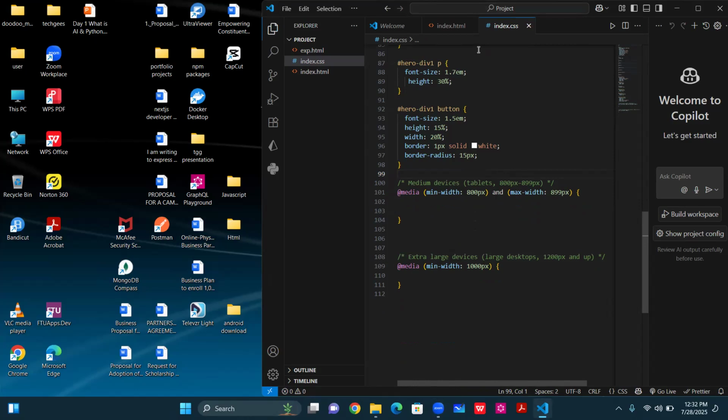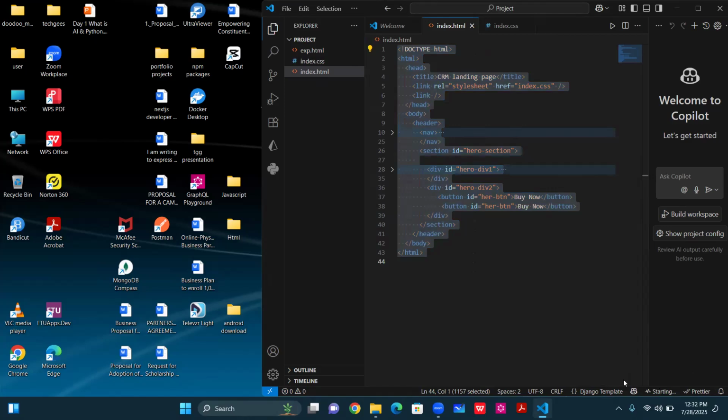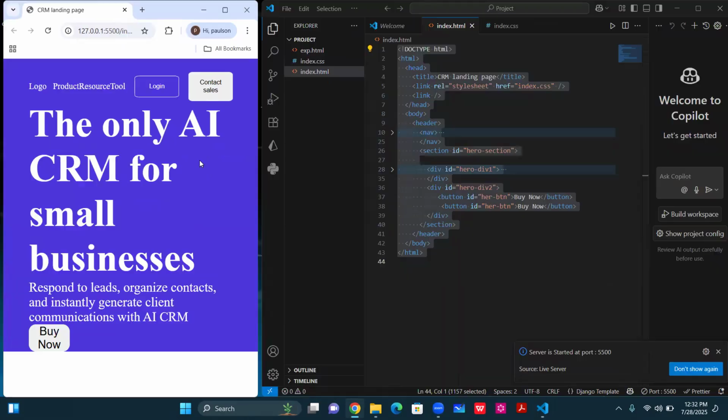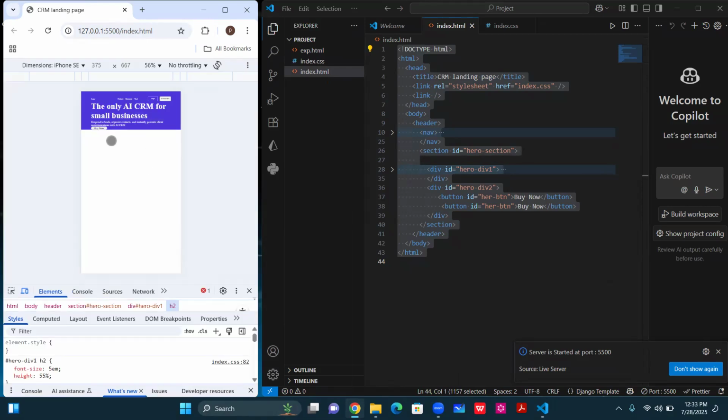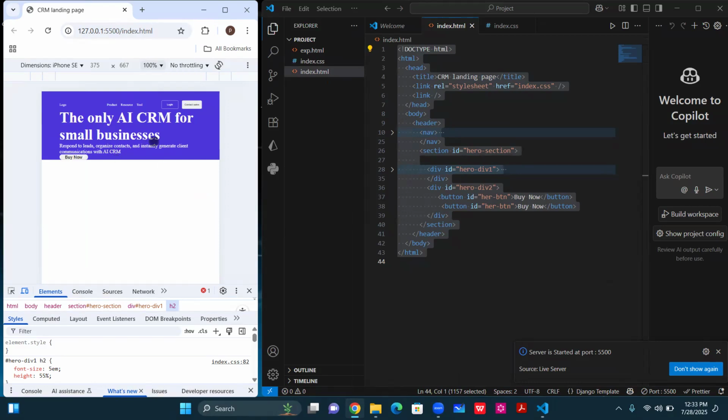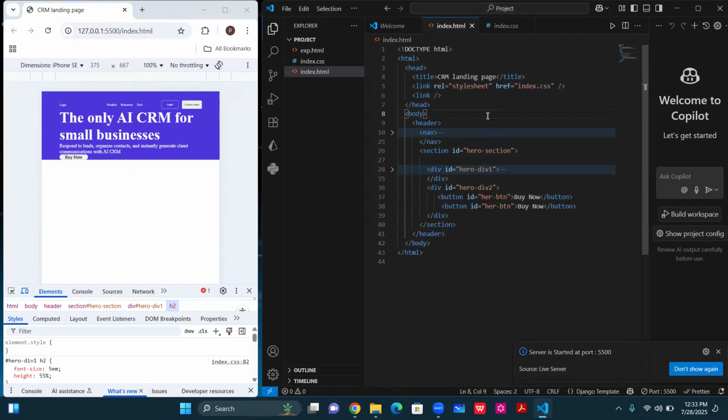All right. So I save, I go back to our HTML page, and then I go live. Remember, we are trying to make things responsive. So this is not looking good now, but let's work on it. Okay, so now you can see that on smaller size devices, it's looking this way. So let us now style